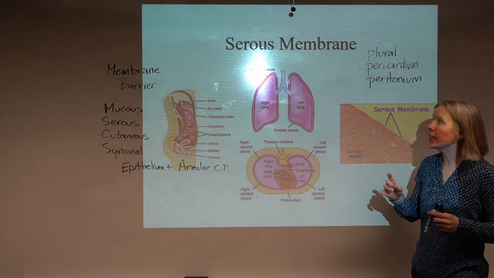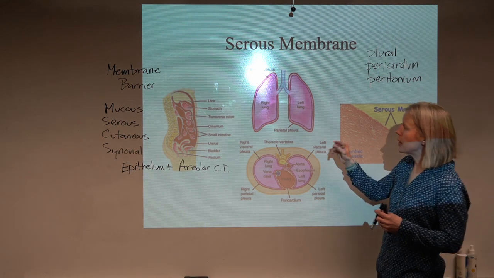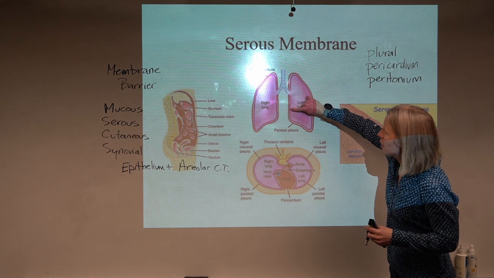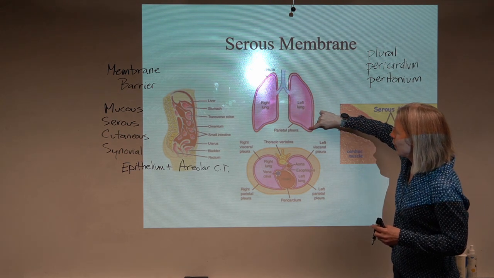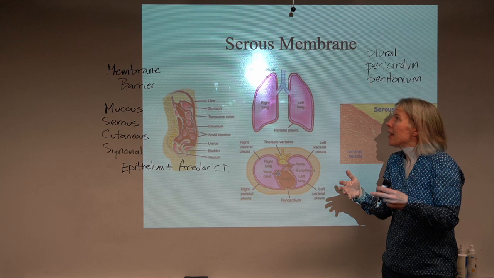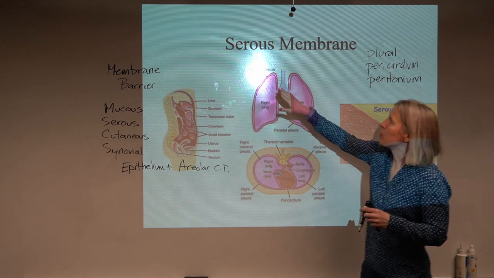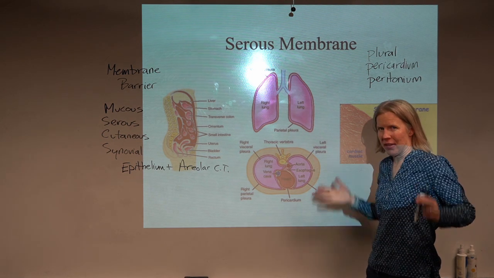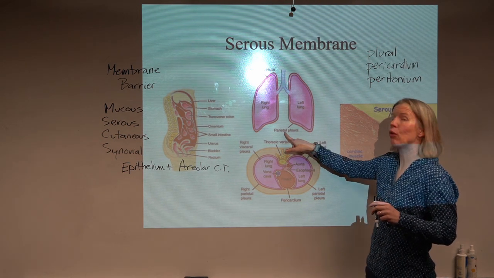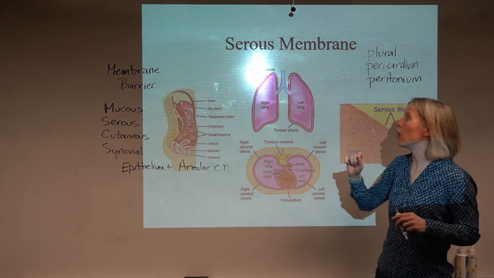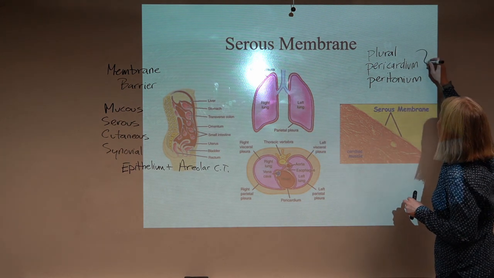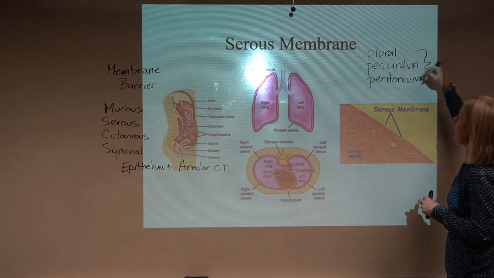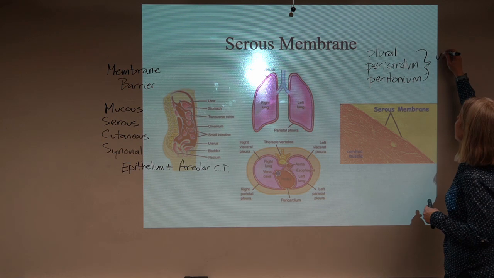Okay. Now, one thing to keep in mind when we talk about serous membranes, they're actually always this double membrane. So what we see here is this kind of purplish line around the lung. Coating the outside of the lung, you have what's referred to as a visceral pleura, and then lining the cavity, the outside of the space, is the parietal pleura, right? And we use that same terminology on all three of these. They have both a visceral